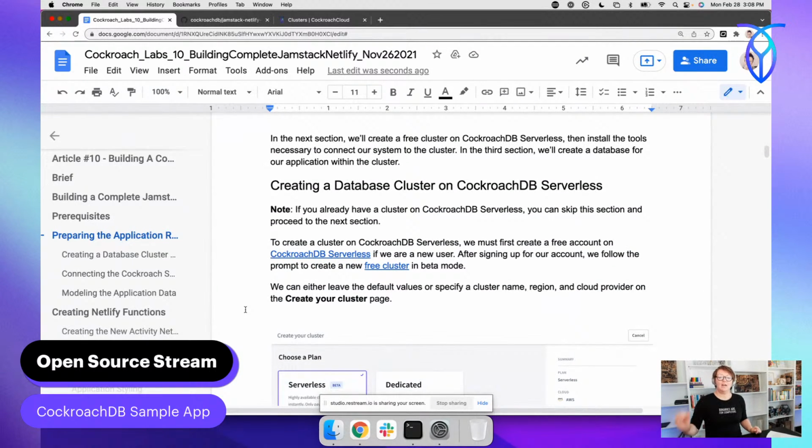We'll create a free cluster on CockroachDB serverless, then install the tools necessary to connect our system to the cluster. In the third section, we'll create a database for our application within the cluster. That's not what we do. We do it in the first section. Anyway,